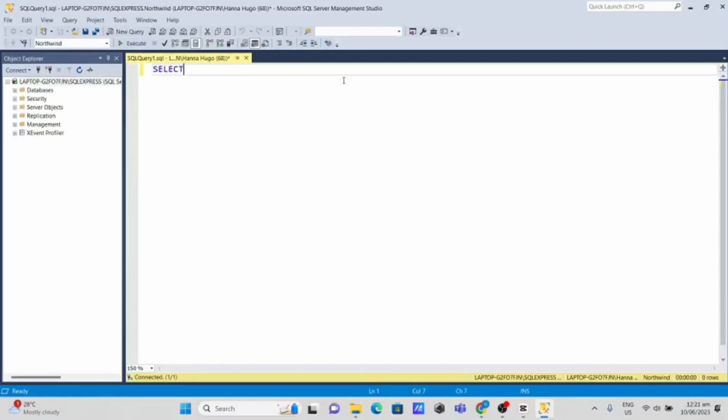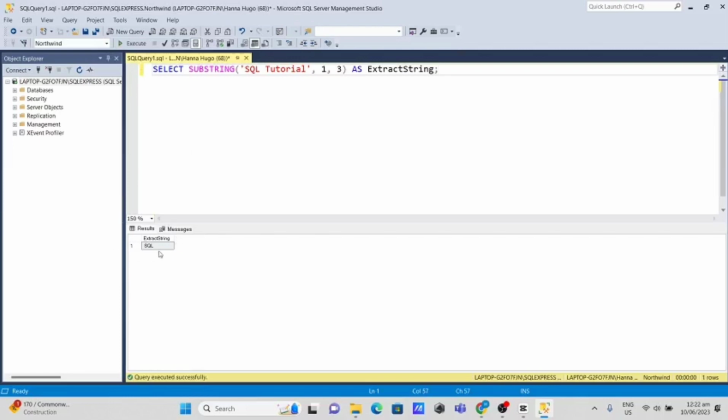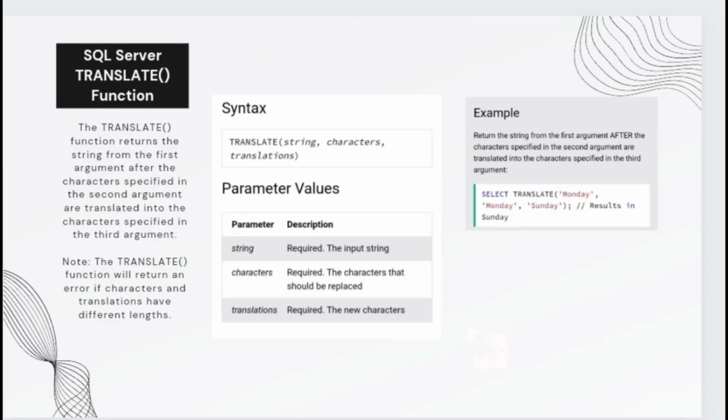And this is our syntax on how we execute it. As you can see, the extracted